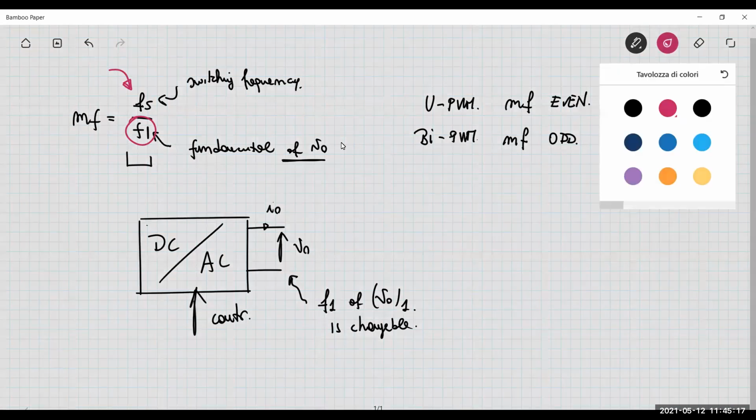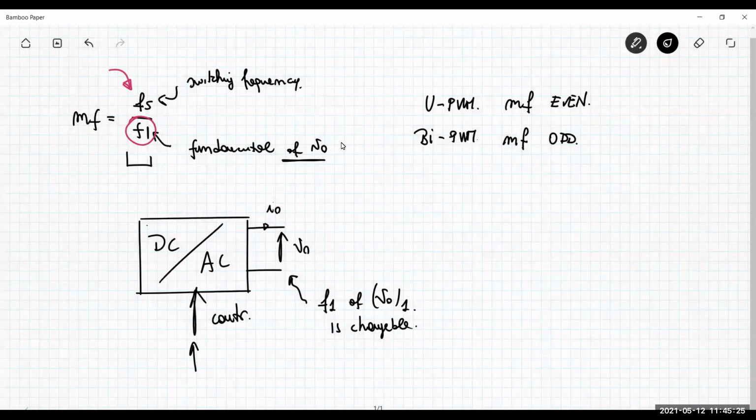Of course, this can be difficult because my control loop, which provides this control signal on the basis of the measurement of what happens at the output of my inverter, has to change accordingly to the variation of the frequency F1, and also Fs. This kind of discussion typically depends on whether the value of MF is very large or not so large. In the literature, this can be discussed by looking at the value of MF,